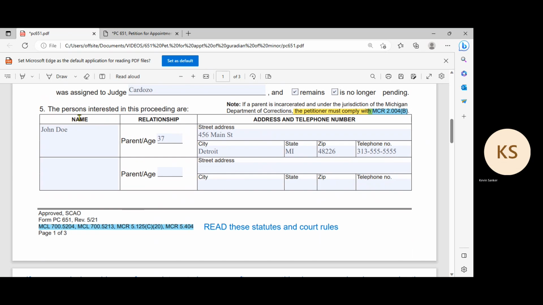Number 5. The persons interested in the proceeding are. It's very important to indicate who is interested in this proceeding. You're going to type in the name, the age of the parent, and the address. And then over here, there's a note that says if a parent is incarcerated and under the jurisdiction of the Michigan Department of Corrections, petitioner must comply with MCR